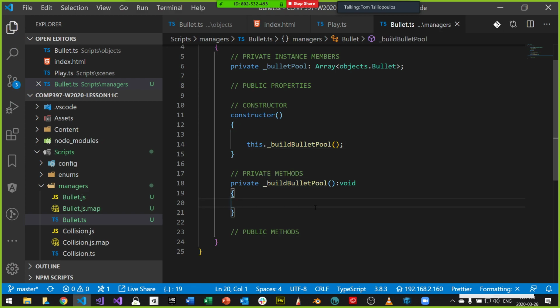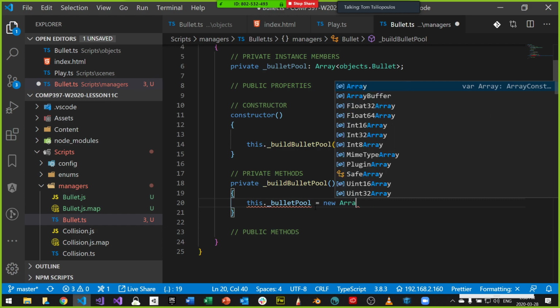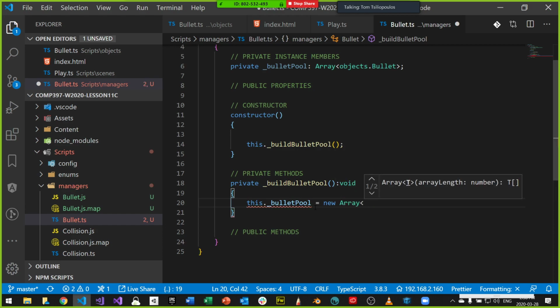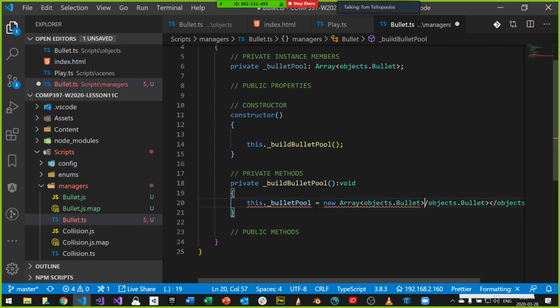And what it's going to do is call the bullet pool, and I need to make a new container. So it's a new array of type objects.bullet. And of course it would look like this.